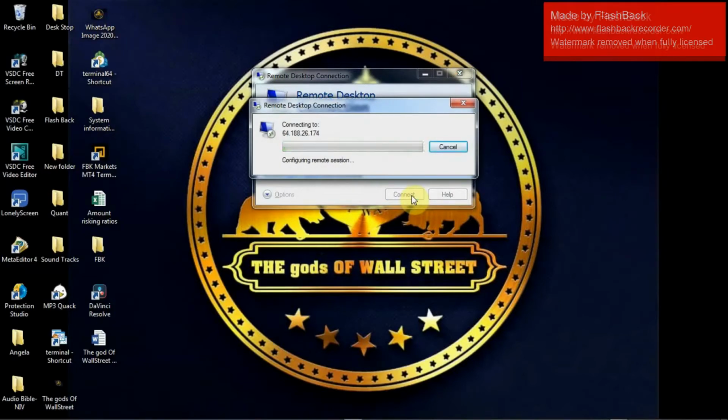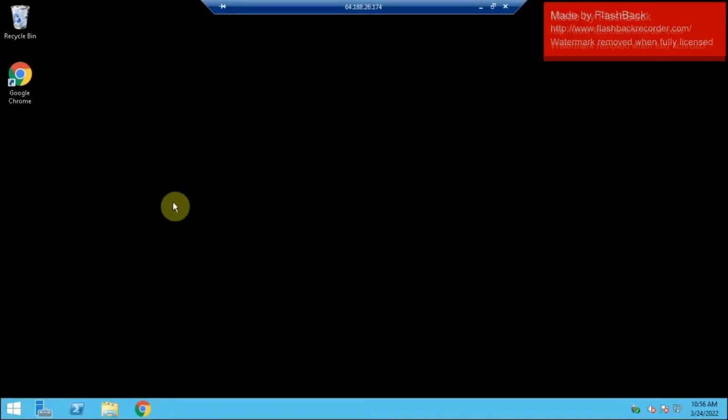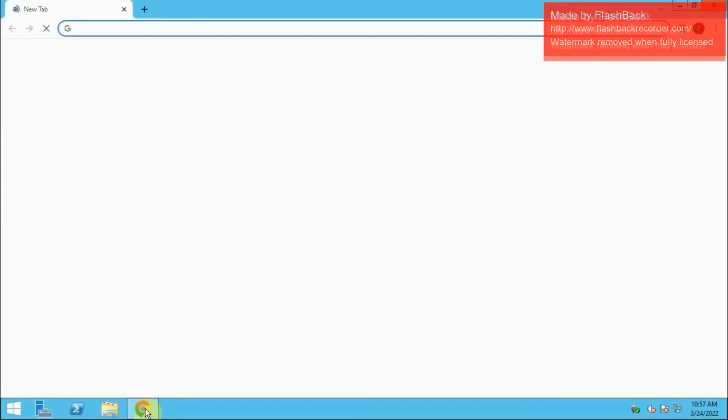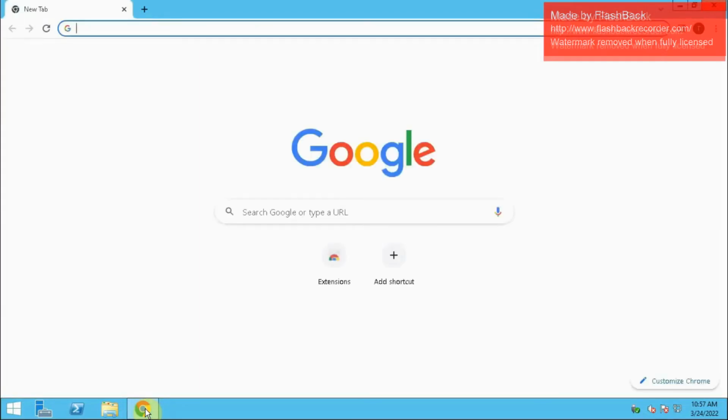Okay, so I'm now logging into the VPS. I've already entered the details which the VPS provider gave my clients, the passwords and the usernames and all that. Okay, so the VPS has opened. The VPS is just a virtual computer which you access using the remote desktop software. Okay, you have to subscribe for this VPS, you have to subscribe for this computer. As you can see, it comes